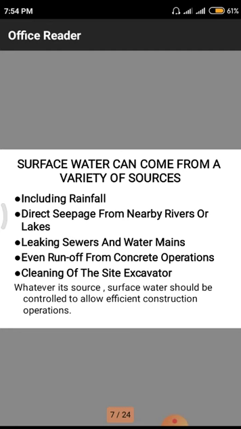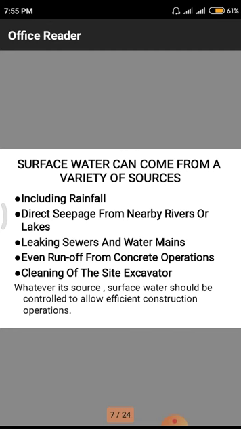After that we are having runoff. That means runoff from the concrete operations. Concrete operations means in our cities we are having a huge quantity of concrete structures like roads and buildings. Due to those roads and buildings, there may be no seepage of water in the cities, so the total water will be transferred into the surrounding villages, surrounding sub-mandals and other districts. The total water will flow from one area to another area due to these concrete covers and concrete operations.